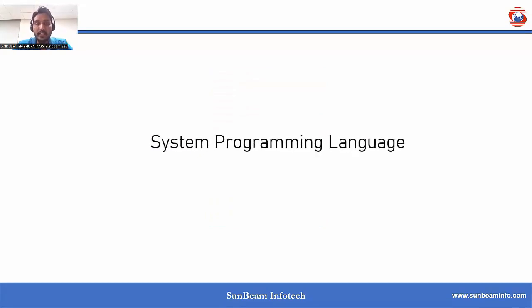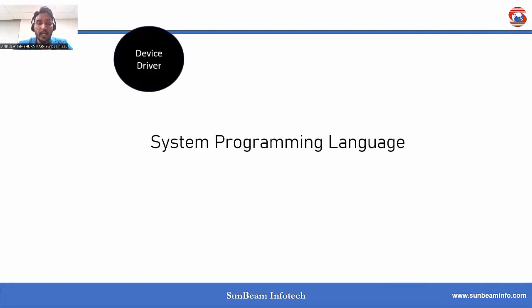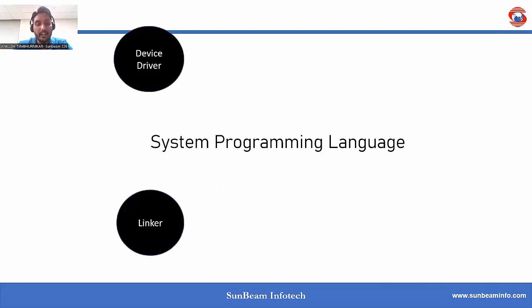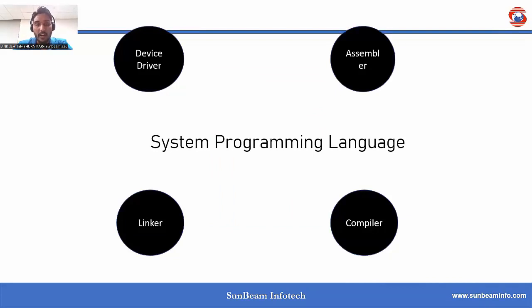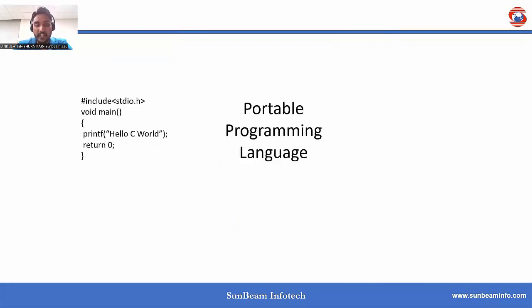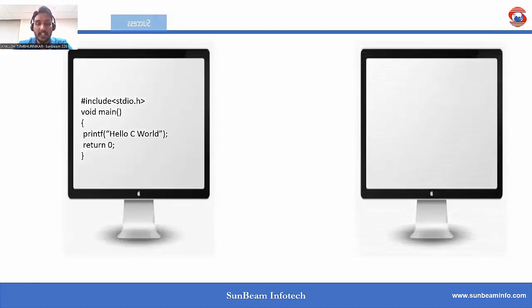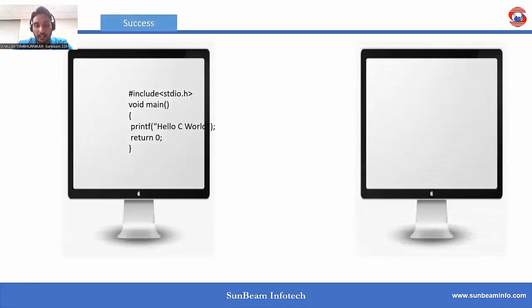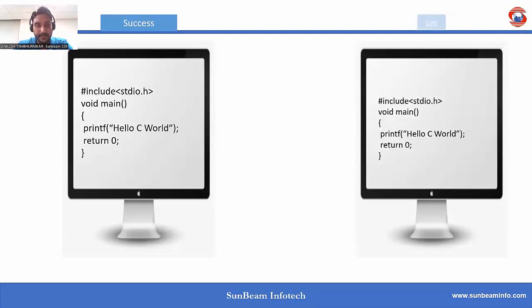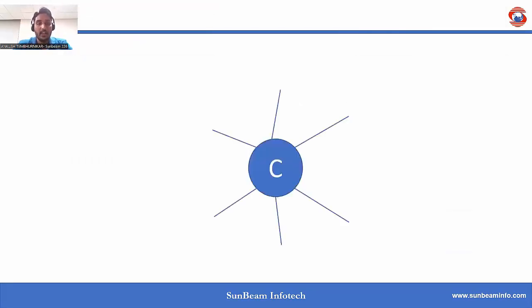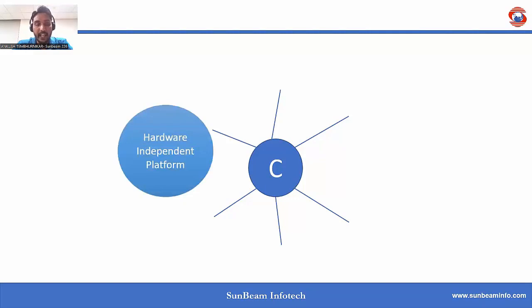C is sometimes called a system programming language because it is very useful for writing system programs like device drivers, compilers, linkers, assemblers, etc. Also, it is a portable programming language. That means we can write a C program on one machine and it can run on any other machine which supports C without modifying the code. A C program is not tied to any hardware or system,